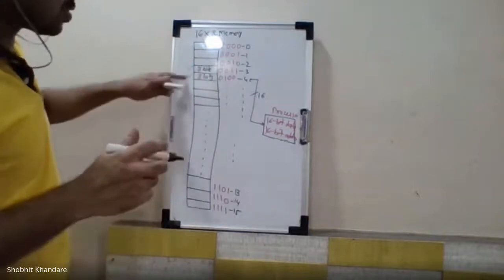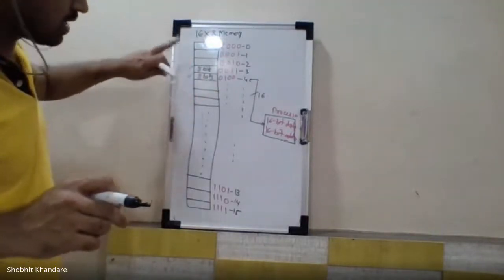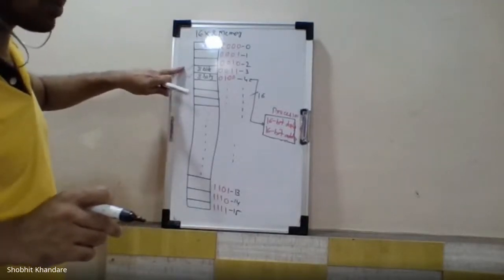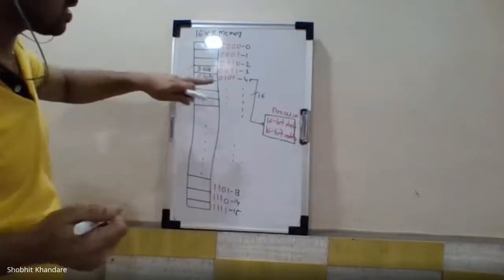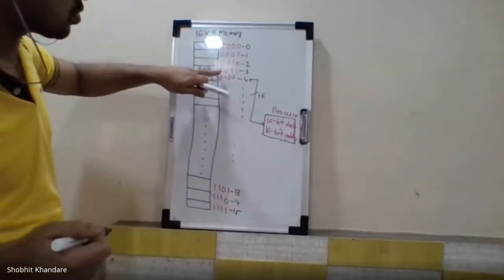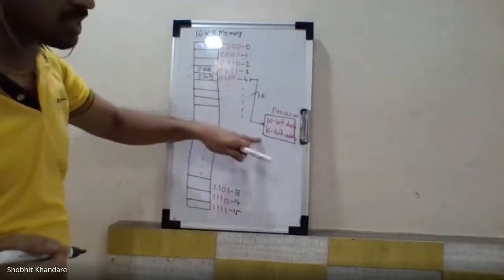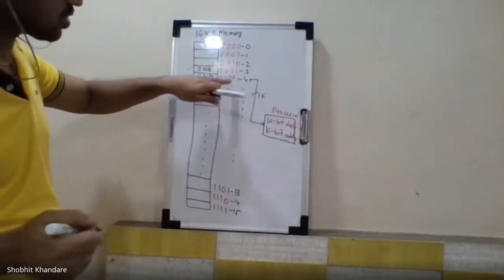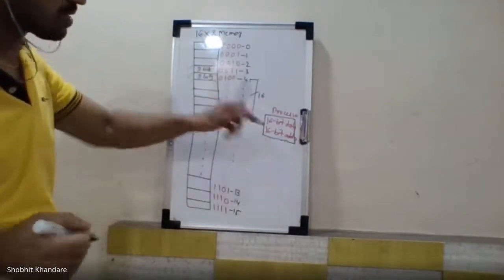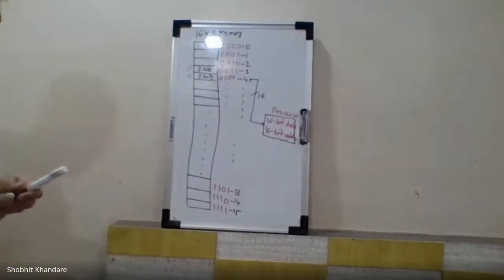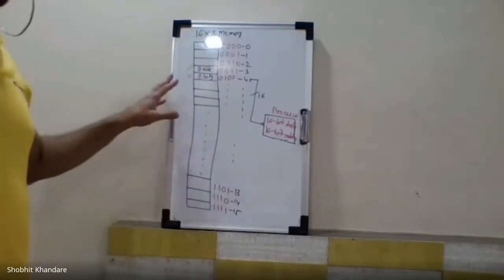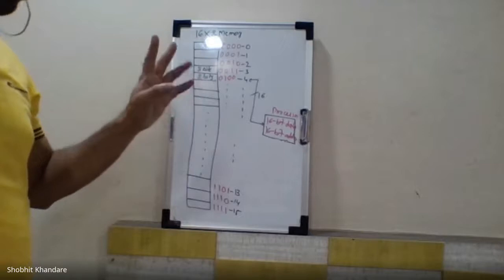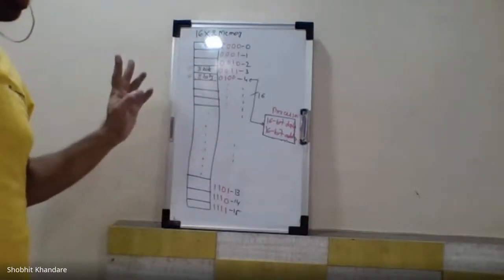Am I right? As far as only 8 bits of data are concerned, you will be able to do it in one read. But if I want to access 16 bits of data, first the memory address will point to 0011, then 8 bits will be taken through the data bus. Then again it will point to the next address, that is 0100, and from there also it will take 8 bits of data. So for your 16-bit data bus, you will be able to do this using two memory read cycles.